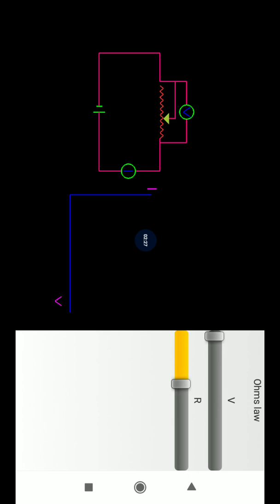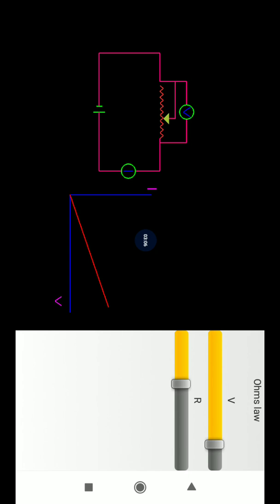Now suppose we set it on some particular value R. As we switch on the current, we change the voltage, and accordingly the current will change. What Ohm's law says is that V is proportional to I. Now we have kept R constant, at some value, the resistance of the wire. As we increase the voltage, you can see in the graph, the current also increases. With increase of voltage, current along the wire increases.